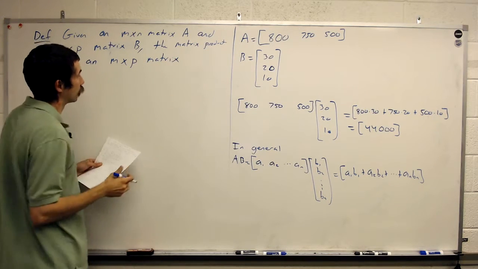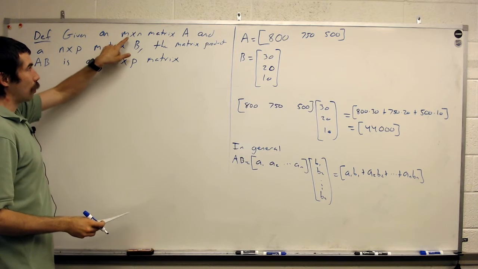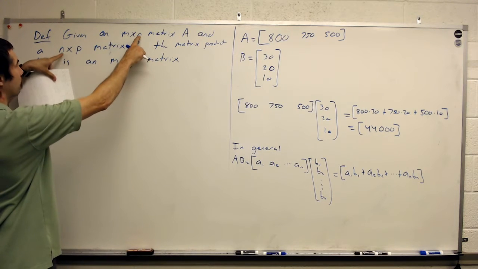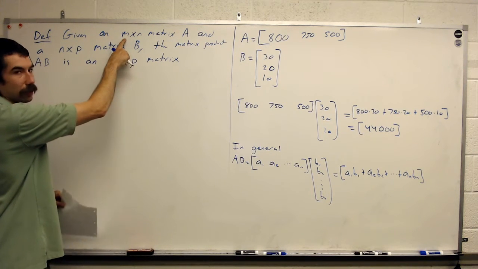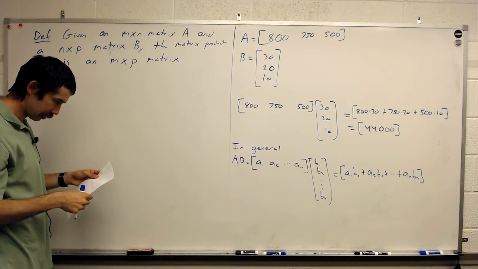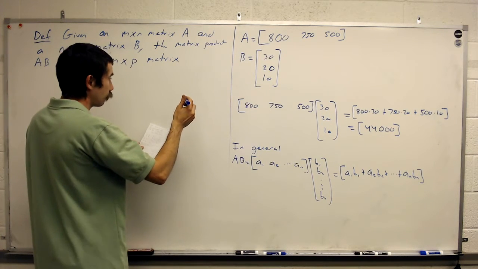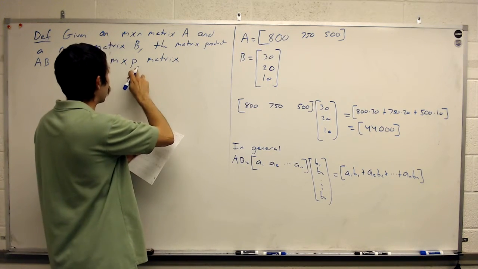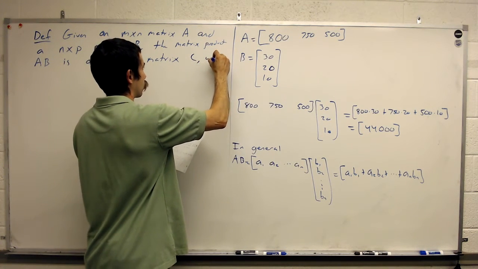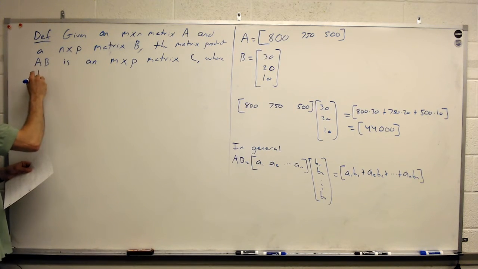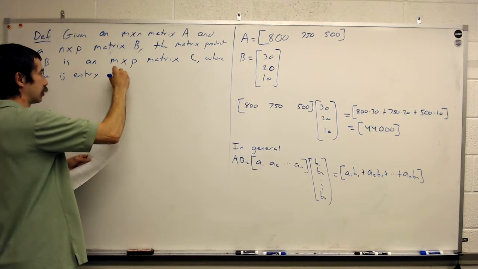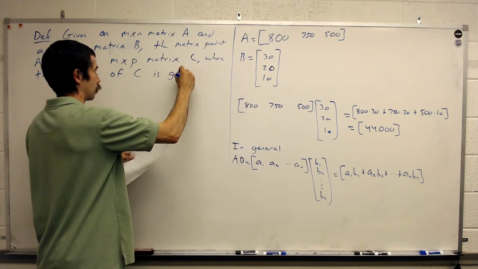All right, let's pause for a second. M by N times N by P. So we need these two values to match up, and what results is you take the first part of the A and the second part of the B. That's going to be the new dimension of our matrix. So it's an M by P matrix C, where the ij entry of C is given by